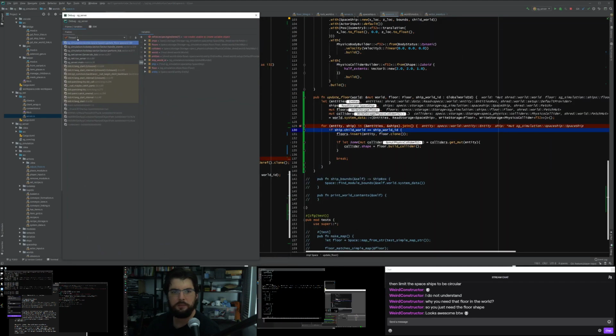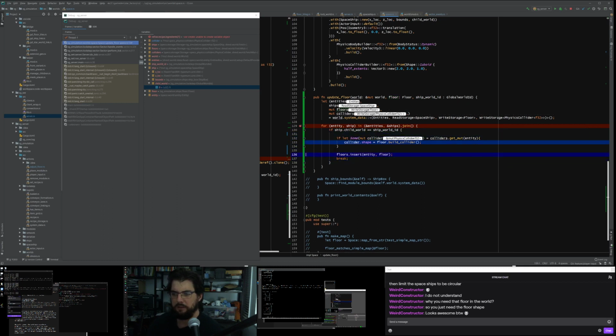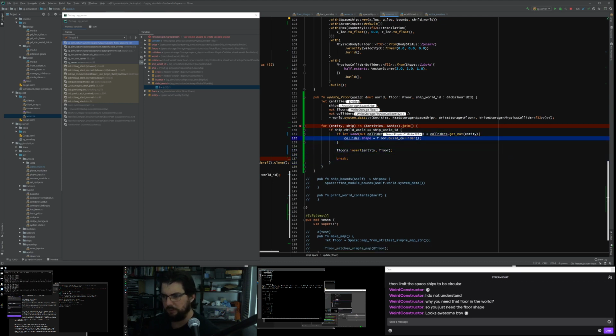The first ship we're looking at is the correct one, so it has the right ID. So we want to add a clone of the floor here, and then after cloning the floor we want to build a collider of it. We don't even need to clone the floor actually, because we're passing it in by value, so we can do a move here that just saves another copy. So we'll do that, put that down there. That way we're not doing the floor twice. So I've been very wise here and changed the code halfway through.